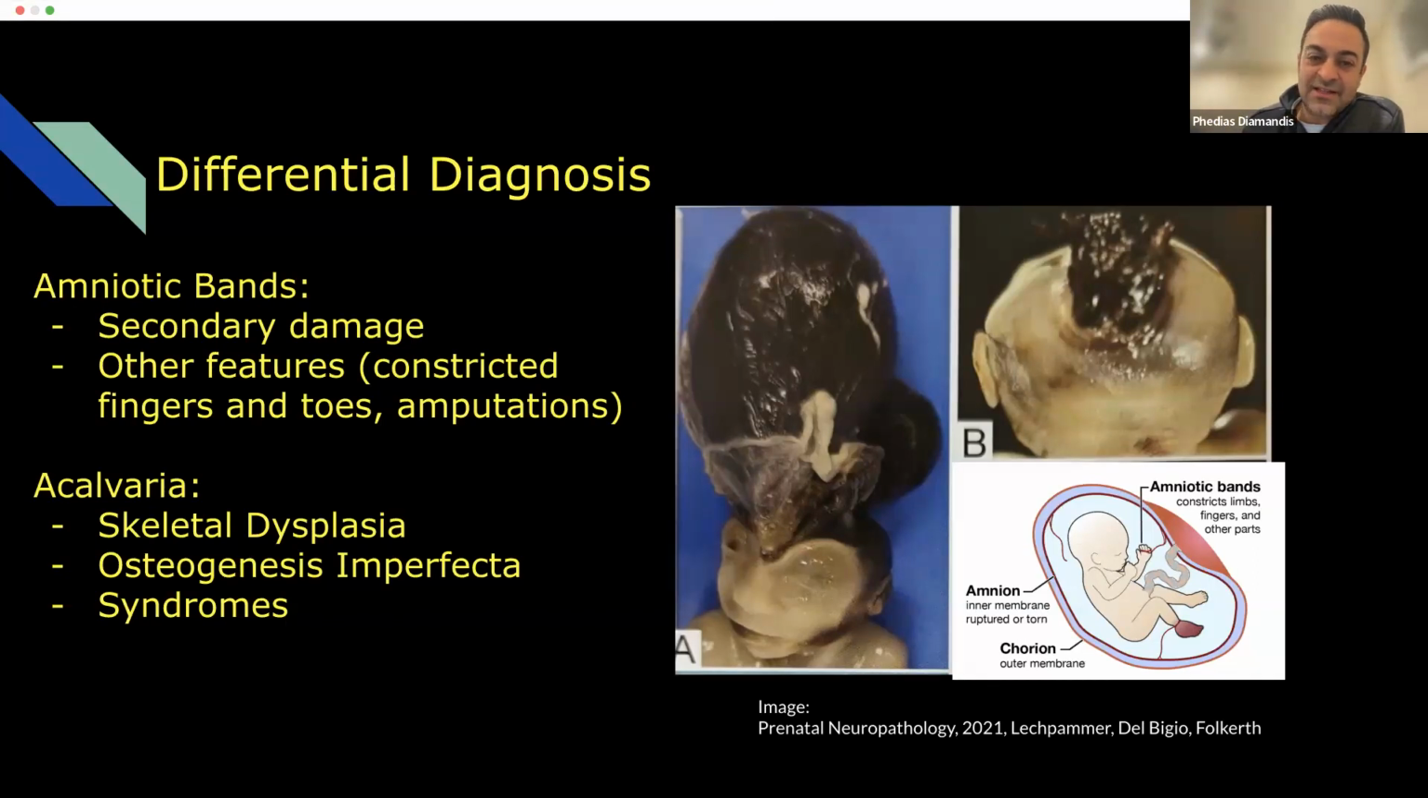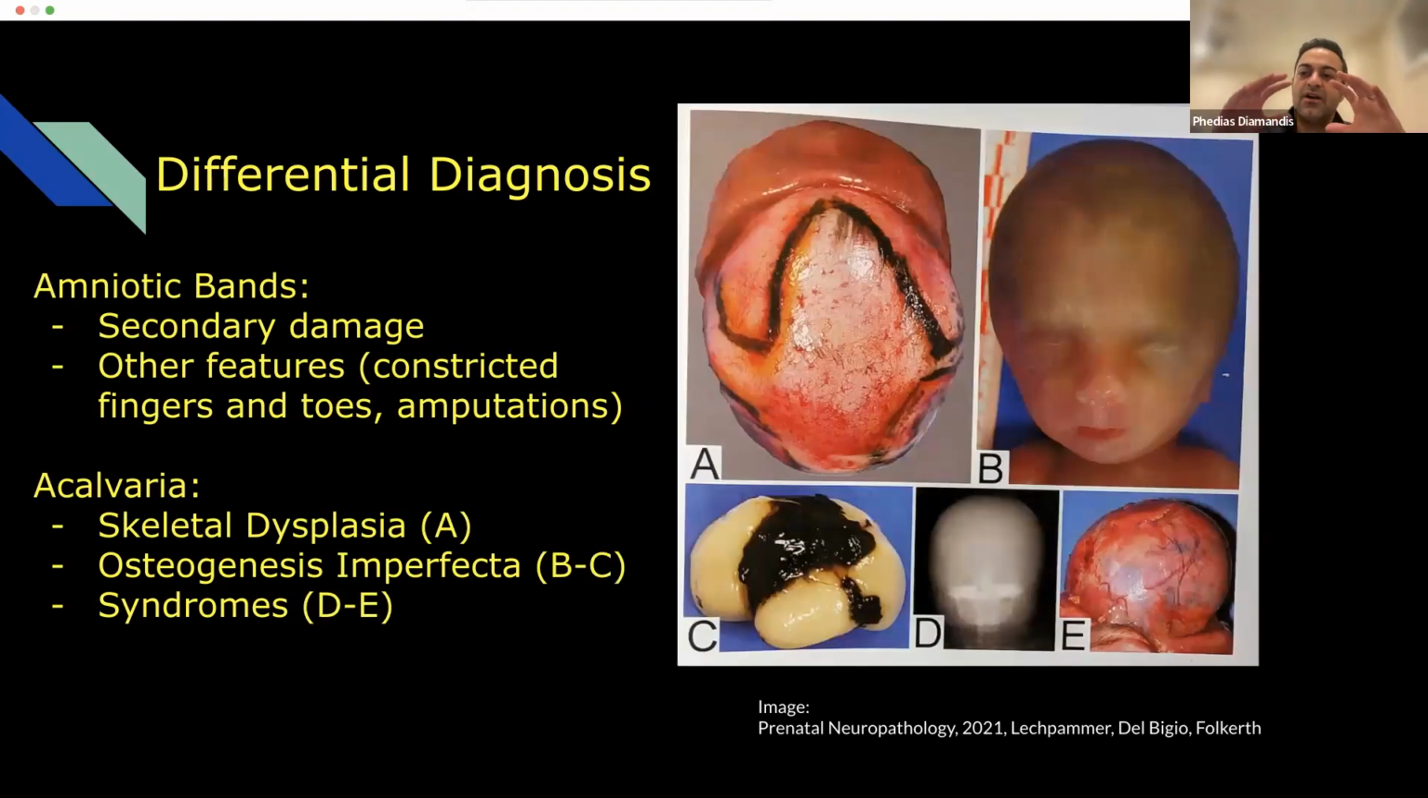These are different types of defects with different implications for the family. And the way you're going to recognize these is you're going to look for other stigmata of amniotic band syndrome: constricted fingers, toes, any amputated limbs that may suggest something else is going on. There's also a similar or kind of related defect called acalvaria, where you have complete absence of the bones of the calvarium,